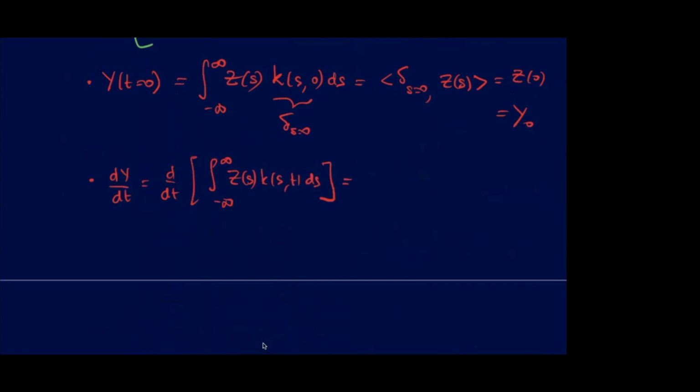And all this can be justified because k is extremely smooth. It decays exponentially and is very smooth. So then, when you take the time derivative here, what you will get is the integral of the time derivative of what is inside. But in the time derivative of this, you see the first term is independent of s, and then you will have the time derivative of k.